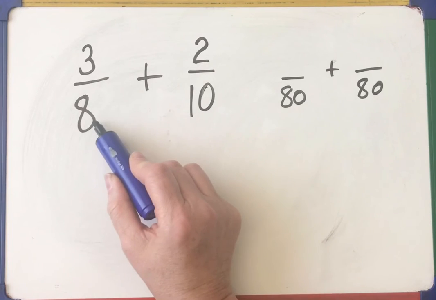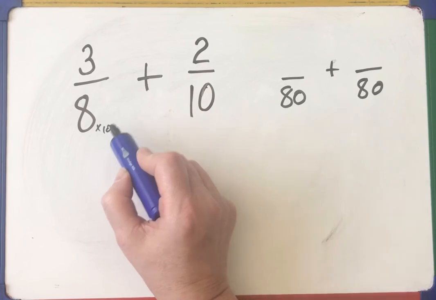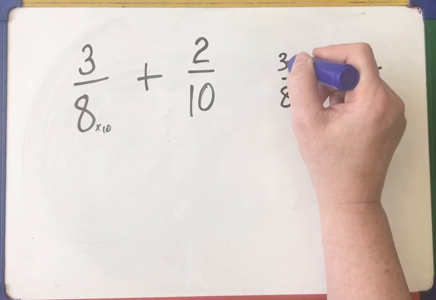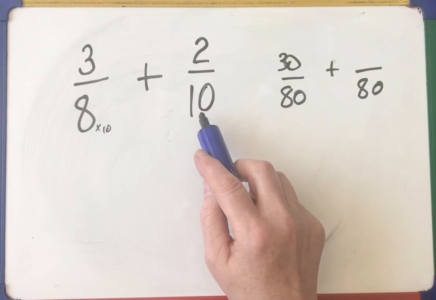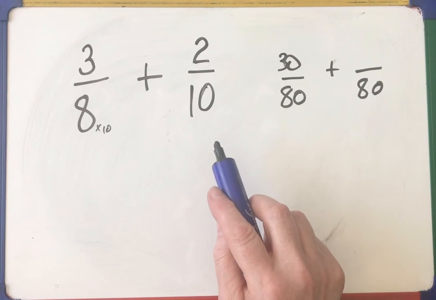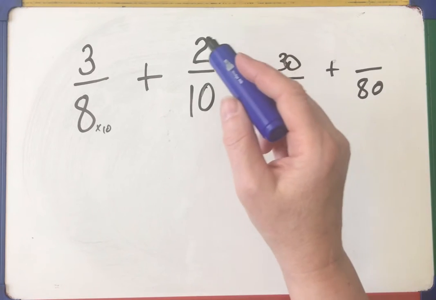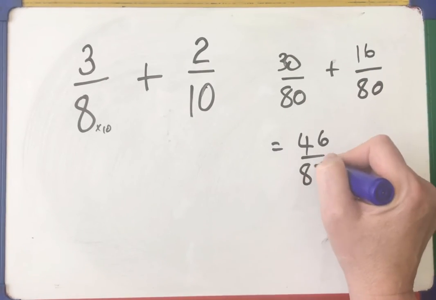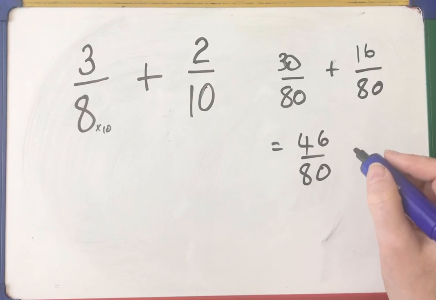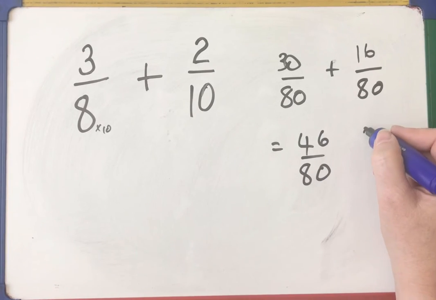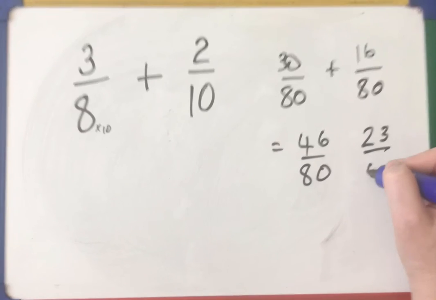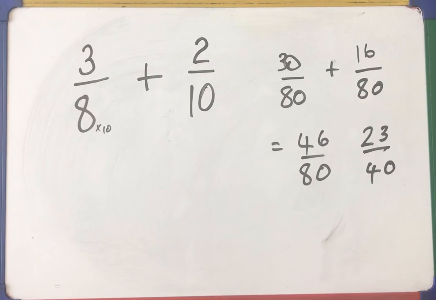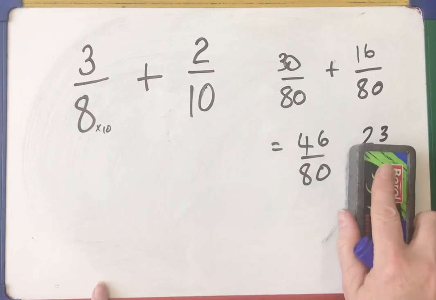To get 80, I had to multiply that by 10. If I times that by 10, I have to times that by 10. If I multiply that by 8, I have to multiply that by 8. Well, that will give me 46 out of 80. So then I've got to cancel down. Halve it, 23 out of 40. Bit convoluted. If I go straight for the 40,